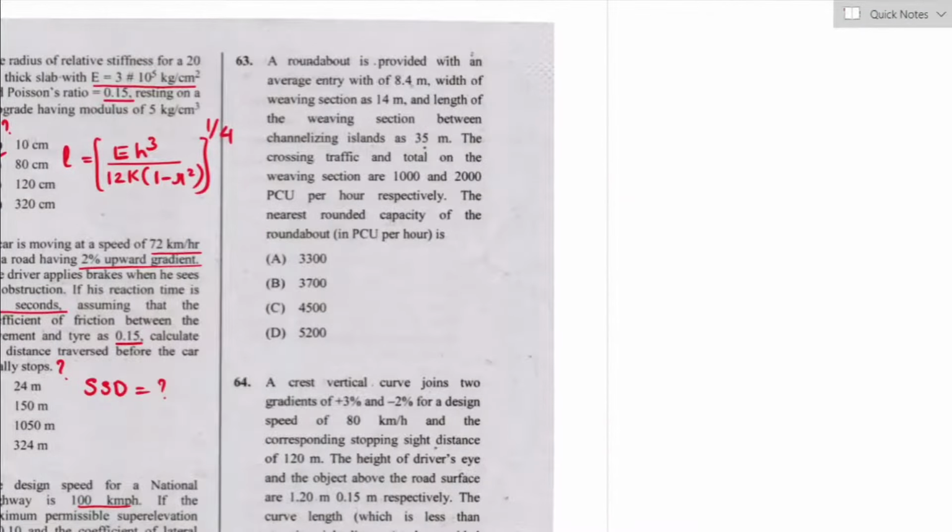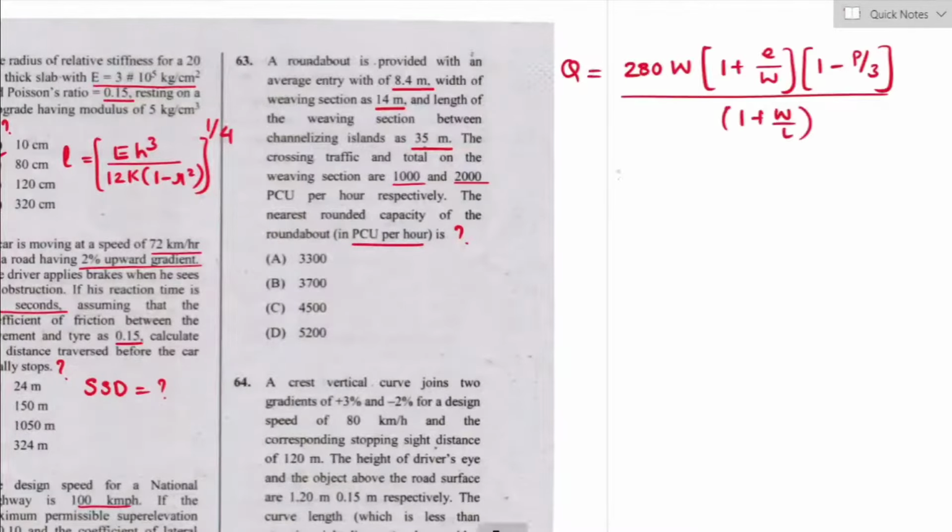Question number 63. A roundabout is provided with an average entry width of 8.4 meter. Width of the weaving section is 14 meter. Length of the weaving section between the channelizing island is 35 meter. The crossing traffic and total on the weaving section are 1000 and 2000 PCU per hour respectively. The nearest rounded capacity of the roundabout in PCU per hour is. So we have to determine the capacity of the rotary or roundabout, which is given by, where W is the width of the weaving section 14 meter, L is the length of the weaving section 35 meter, E is the average entry and exit width 8.4 meter,